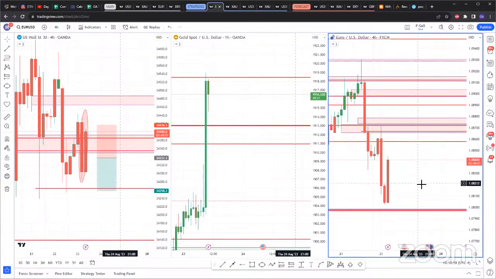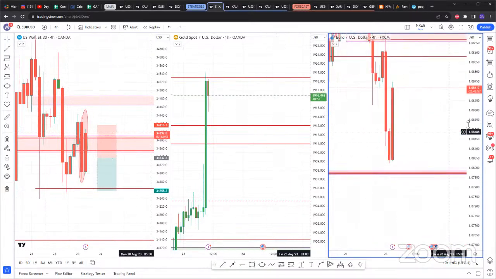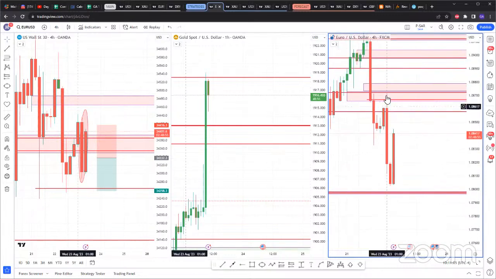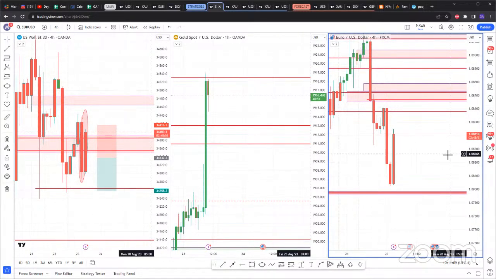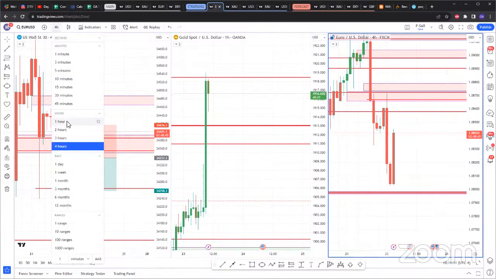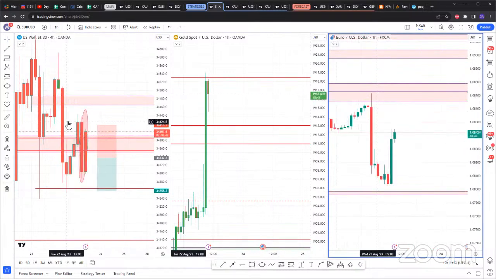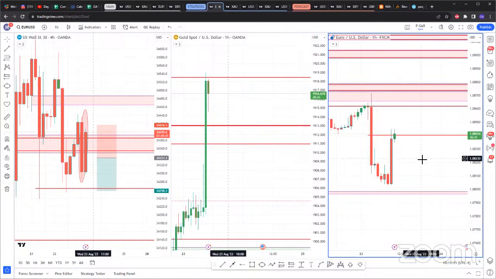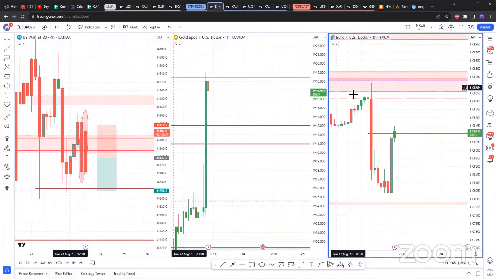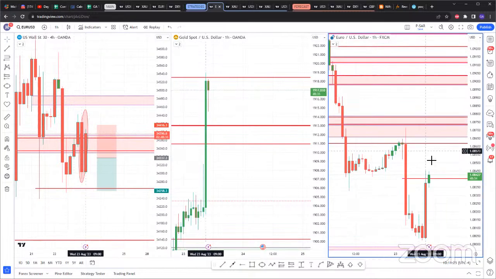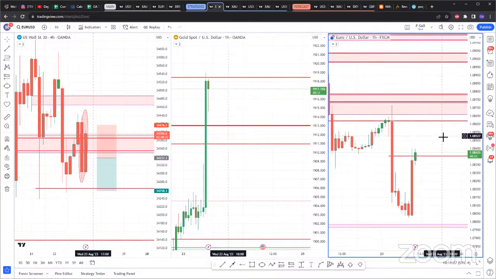But right now where EU currently is, you can see we have a double SAR on the 4-hour. That's right there. We have a double SAR right here, which is where the entry was. If we go down to the 1-hour time frame, this is the same logic. Feel free to use the 30-minute or 15-minute. But for me, my entries, that's why you can see I've highlighted those zones. On the 1 hour, my only double SARs are all the way up here. So you can see I don't have any trades for EU.